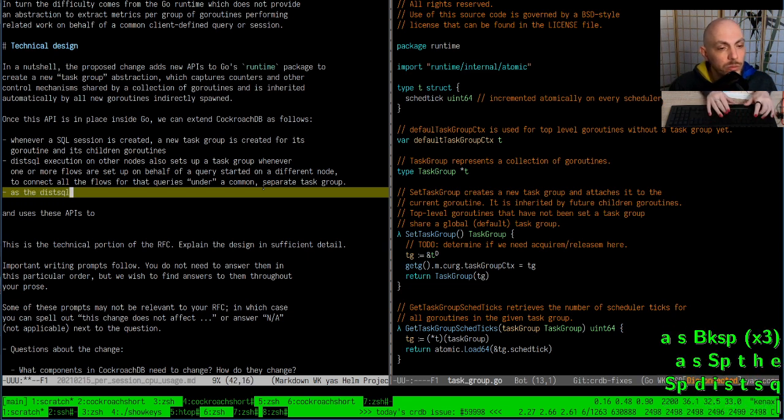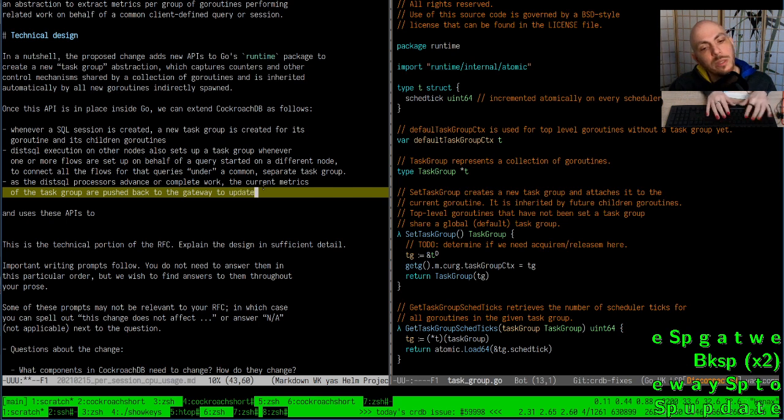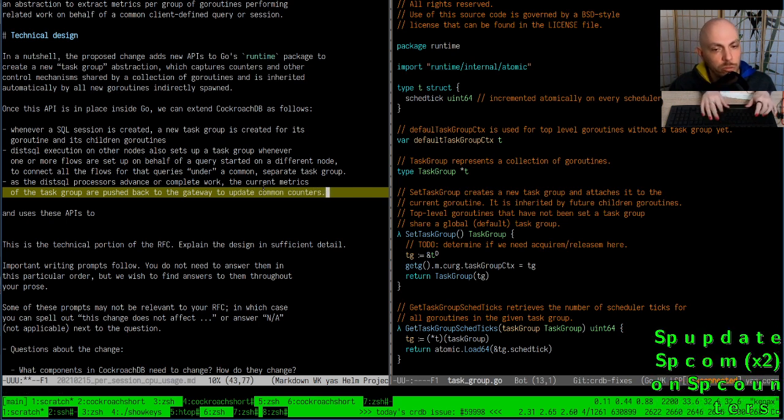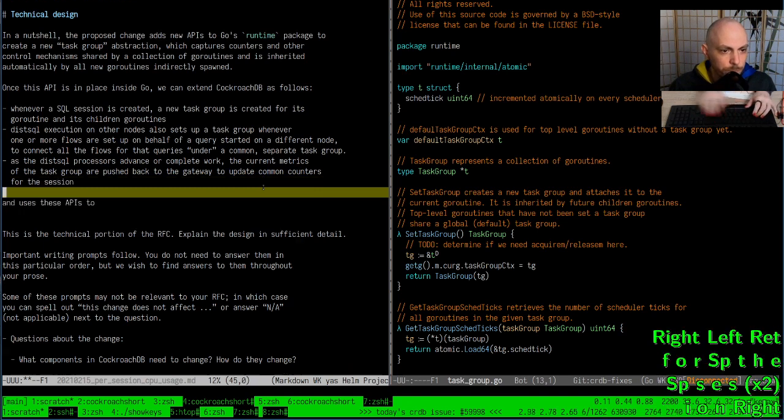As the SQL processors advance or complete work, the current metrics of the task group are pushed back to the gateway to update common counters for the session,